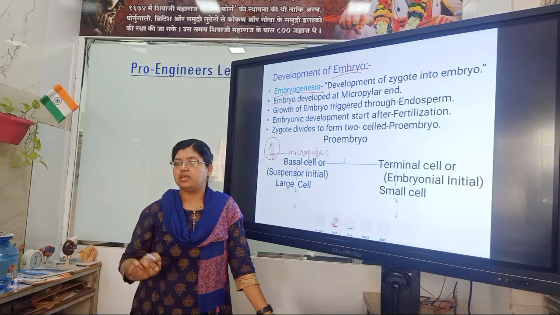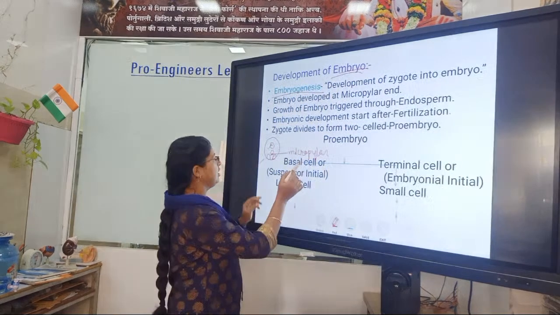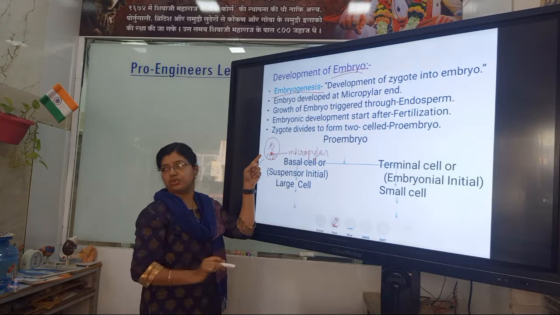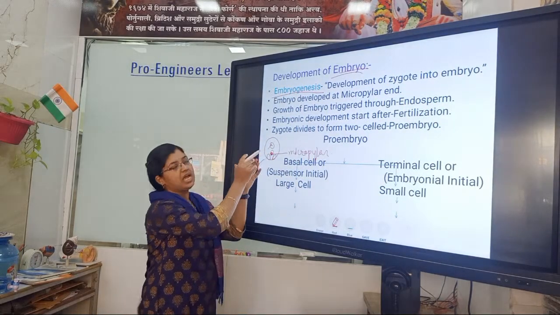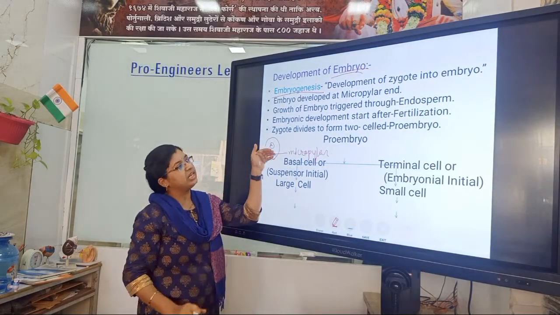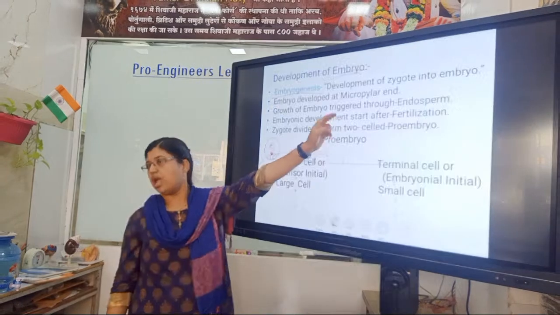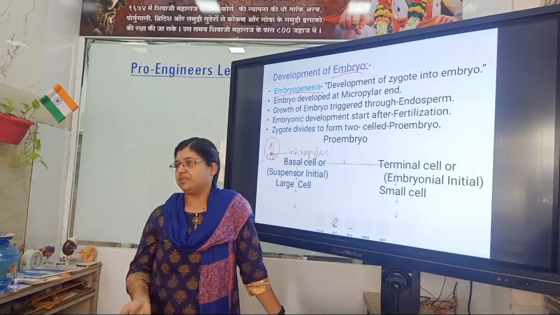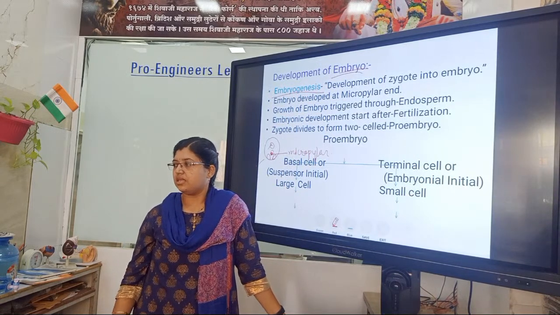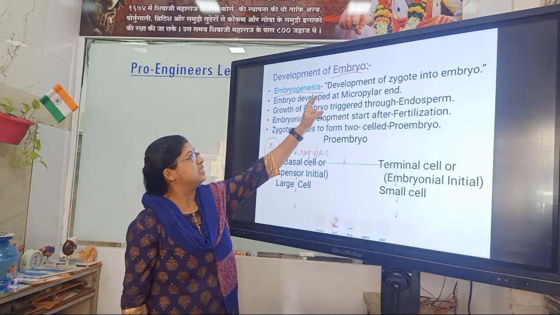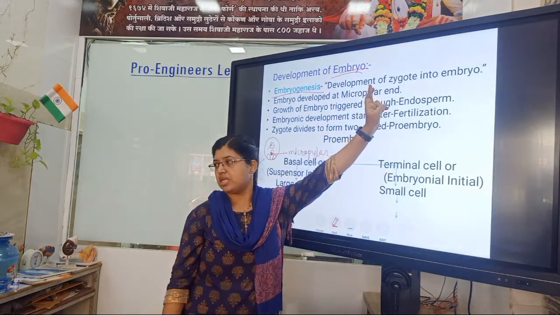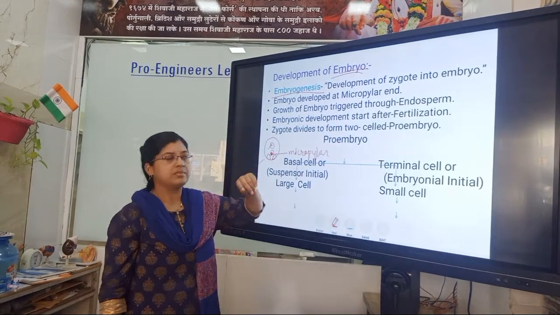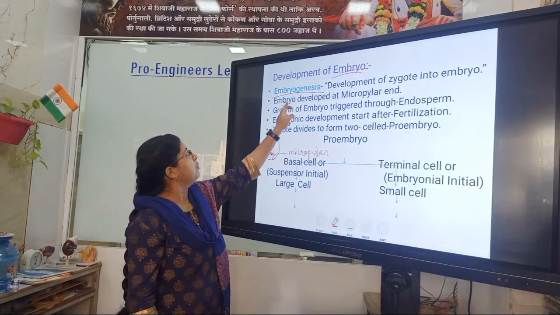So this is the zygote, which is inside the embryo sac. It develops into embryo, and the embryo further develops into seed. Embryogenesis means development of zygote into embryo. Now, embryo develops at